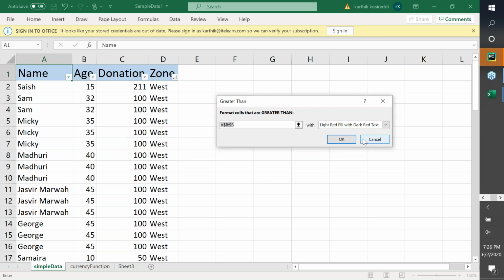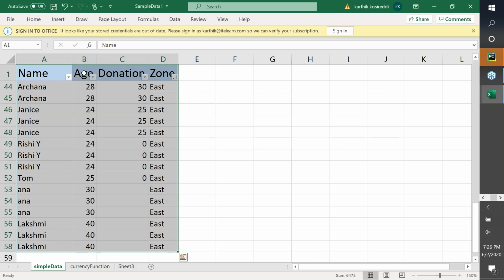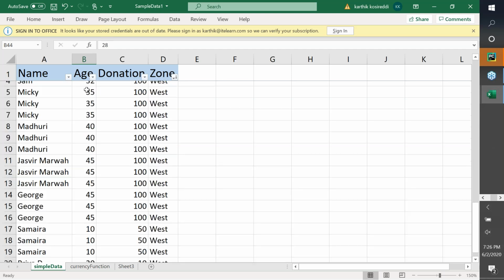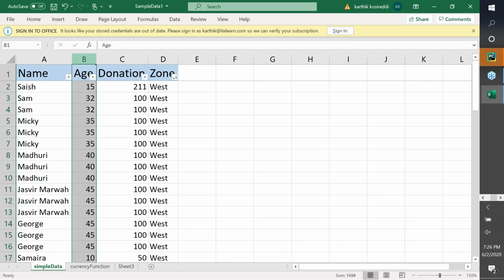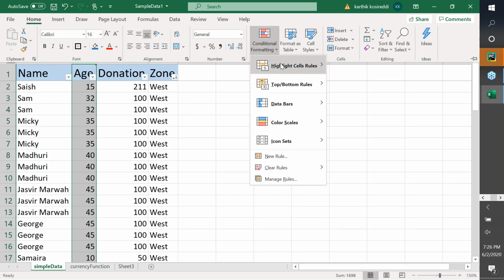One second. We need to select this. I'm just seeing which one to select. Okay. And the conditional formatting